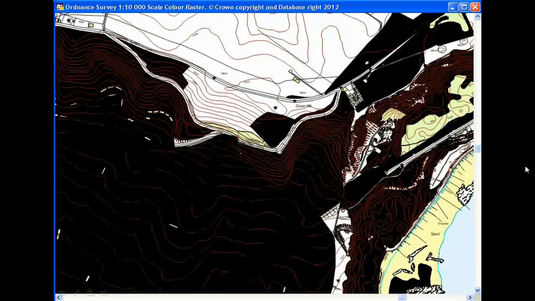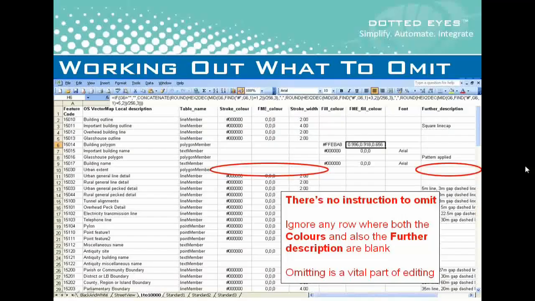And when we run that, you'll see that we've got some fill colours now applied to the polygons, but the big black area filling the whole of the bottom left-hand part of the map is really the edge of the urban polygon that I talked about earlier, certainly obscuring all the other features except contour lines which are drawn on top of it. And the reason for that is that there's no explicit instruction in the PDF document to omit